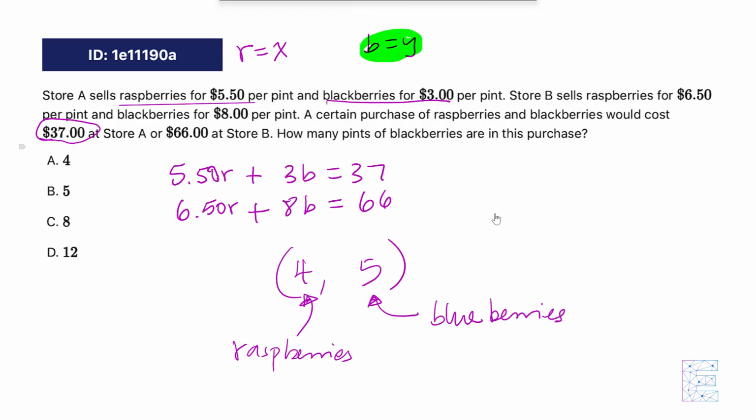So the Y value is what represents the blackberries. The Y value was 5. That makes the answer